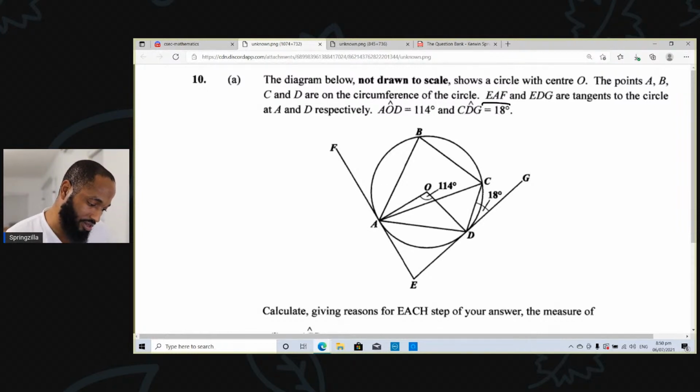EAF and EDG are tangents. I want to know why they're talking about that. The tangents to the circle at A and D, and angle AOD is 114. So we know that is an isosceles triangle. CDG is 18 right here. Calculate, giving reasons, and the first one that they want you to find is